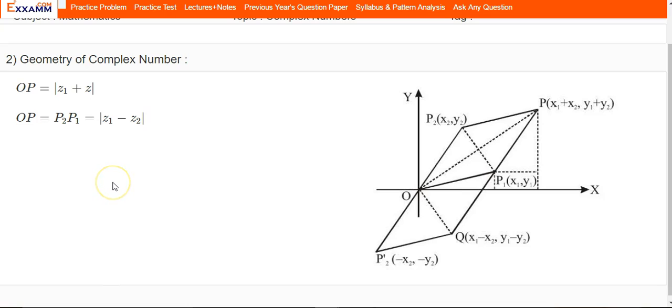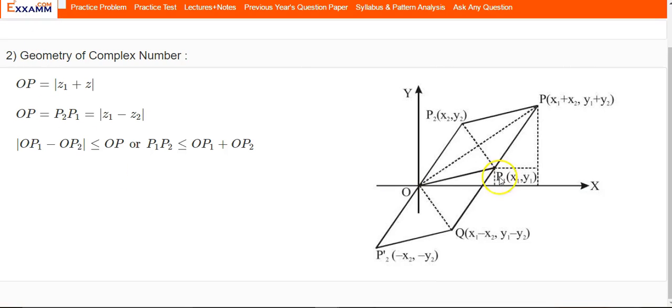Now let us consider the triangle inequality. We know that as per triangle inequality, the sum of two sides, that is OP1 and P1P, is always greater than or equal to the length of the third side, which is OP in this case. So OP1 plus OP2 would be greater than or equal to OP. Now if we look at this particular triangle OP1, P2, the two sides are OP1 and OP2, so their sum is also greater than or equal to P2P1,